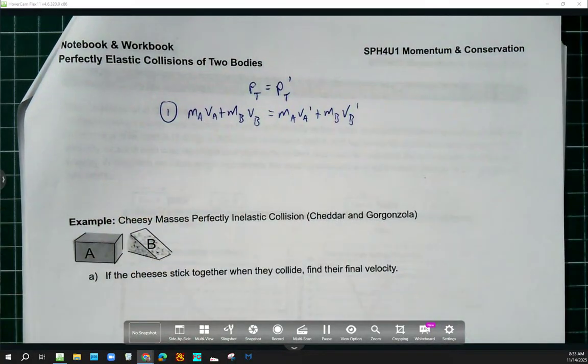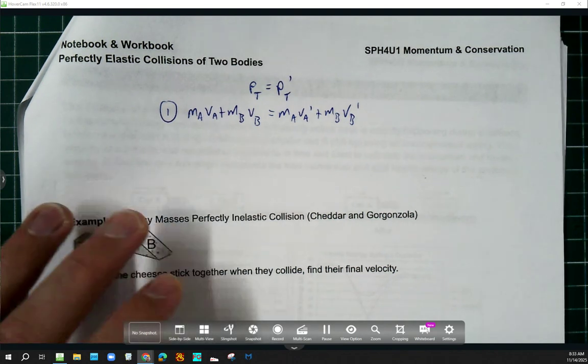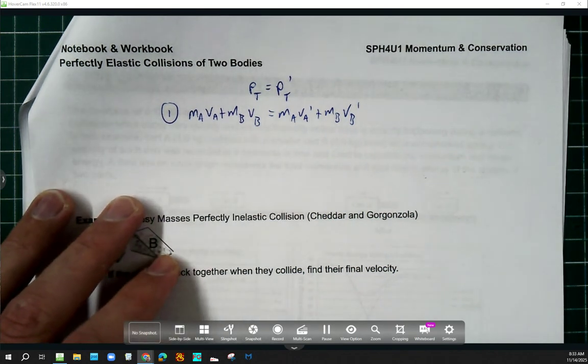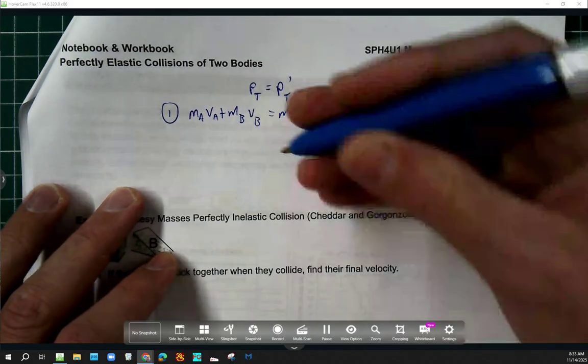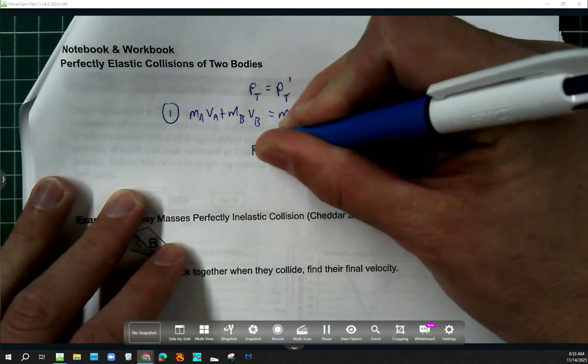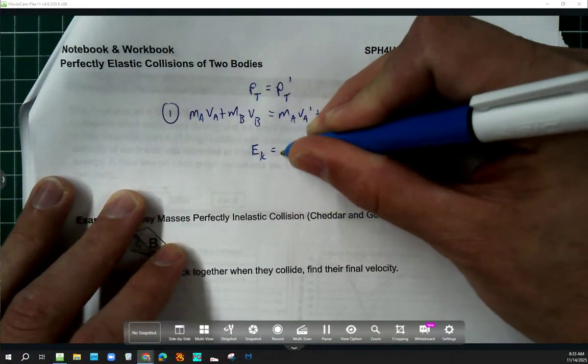Now, we defined a handful of equations last day. We actually defined 5 equations, a system of 5 equations, and they were special case equations. Some of them were ones where energy was lost, but the objects didn't stick together. Some where no energy was lost and they didn't stick together, and some where energy was lost and they did stick together. And we outlined what elastic, inelastic, and perfectly elastic collisions were. Right now, I just want to focus on a perfectly elastic collision, the one that I said was the rarest form